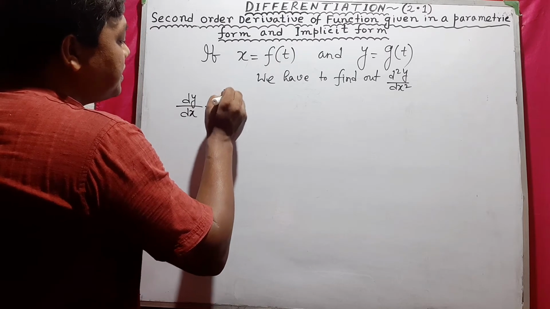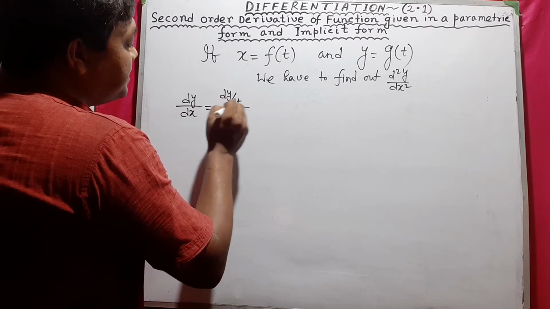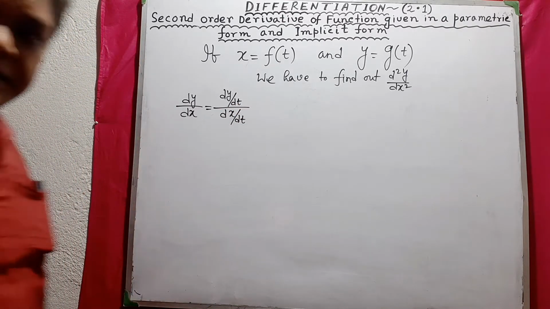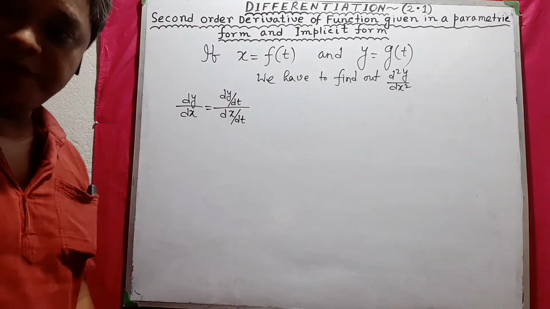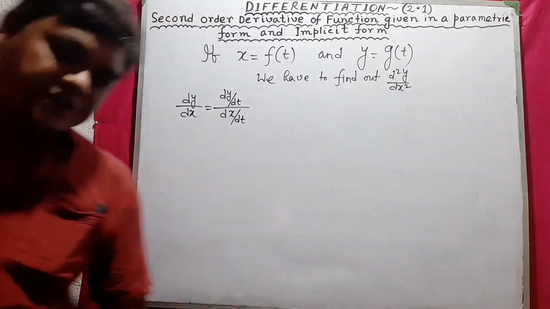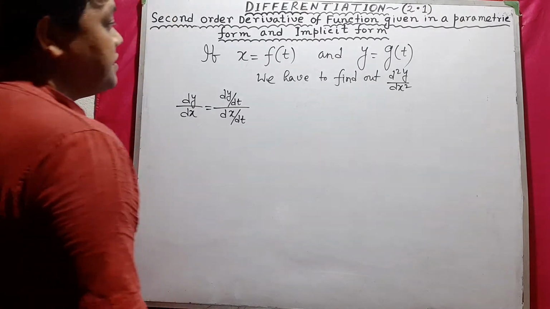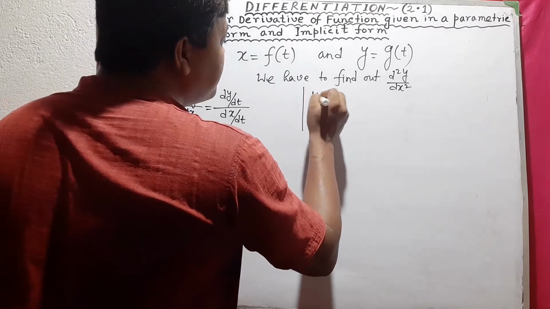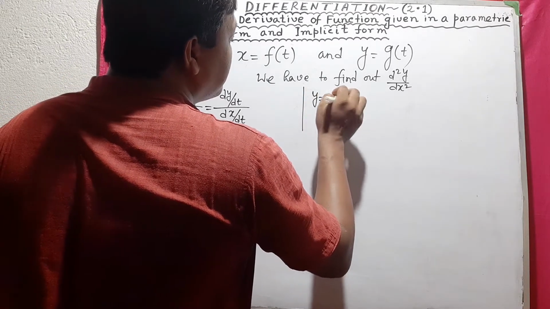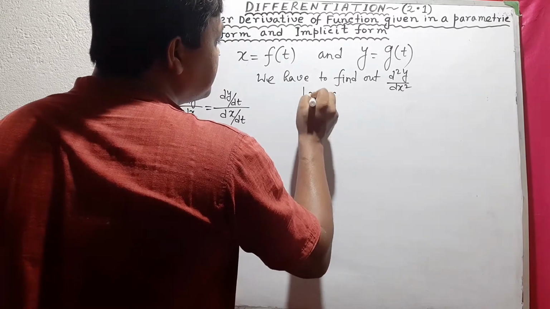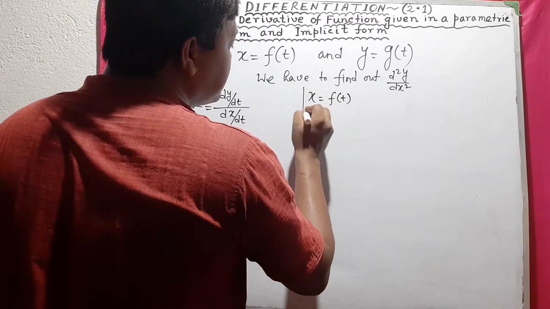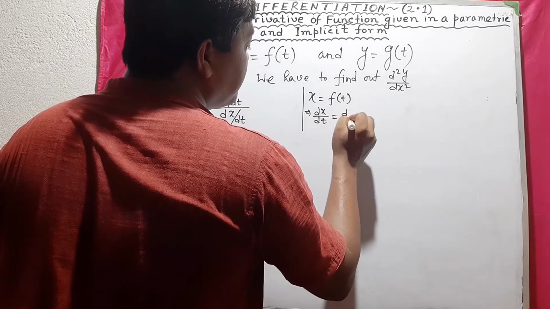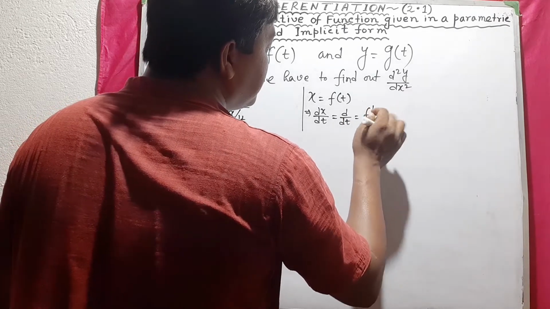dy/dx equals (dy/dt) by (dx/dt). Okay. If x equals a function f(t) and y equals a function g(t), so first we have to calculate dx/dt and dy/dt. So x is given to you, x equals f(t), then dx/dt equals d/dt of f(t),